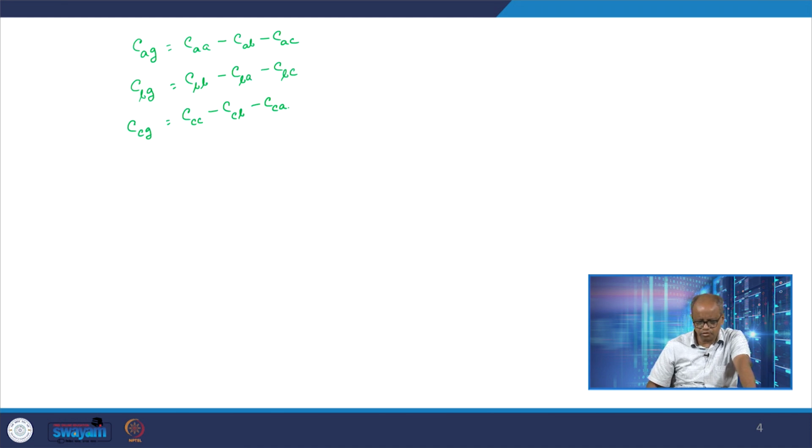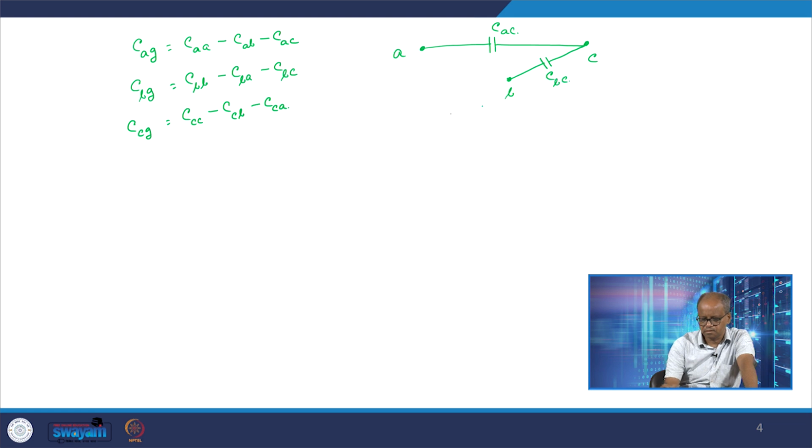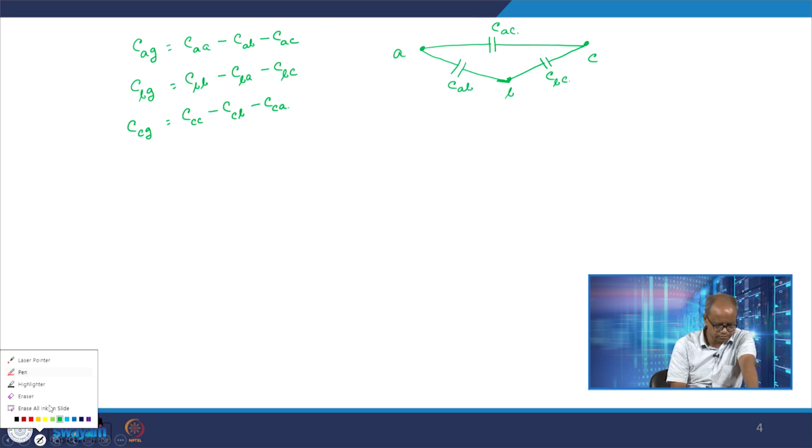So, if I have phase A, phase B and phase C conductors, I have a capacitance CAC, a capacitance CBC, and then of course a capacitance CAB,